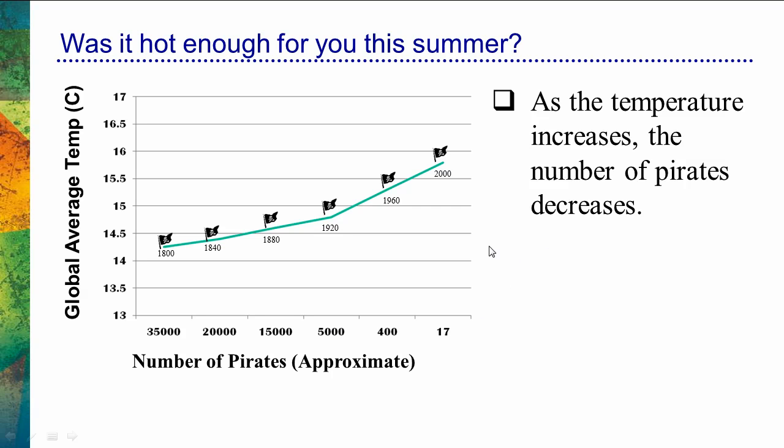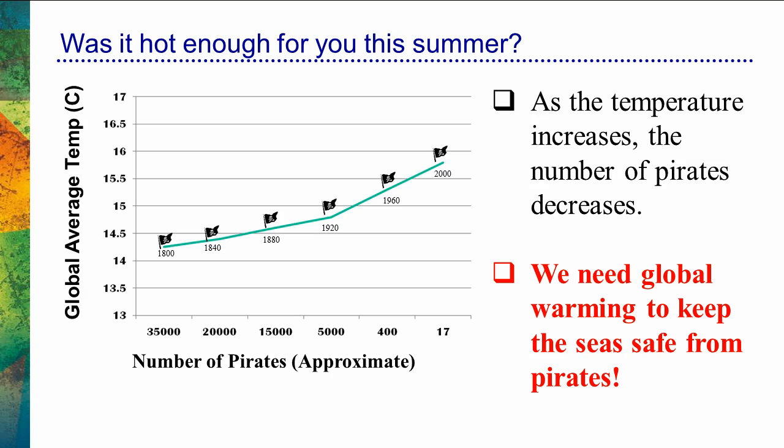All right, and to me, it seems to make really clear, obvious sense that as this temperature keeps increasing, it's really hard to be outside and on the waters. So global warming is essentially forcing pirates out of business. Who wants to be out on the water in that hot sun, those hot days? So as the temperature rises, we are losing pirates because of that global warming. So we need global warming to keep our seas safe from pirates.